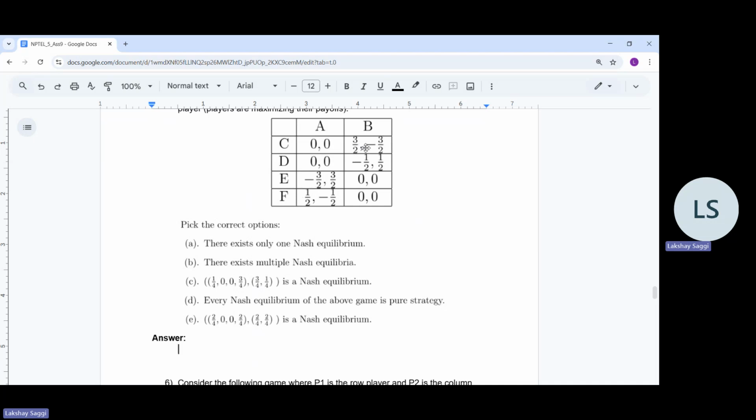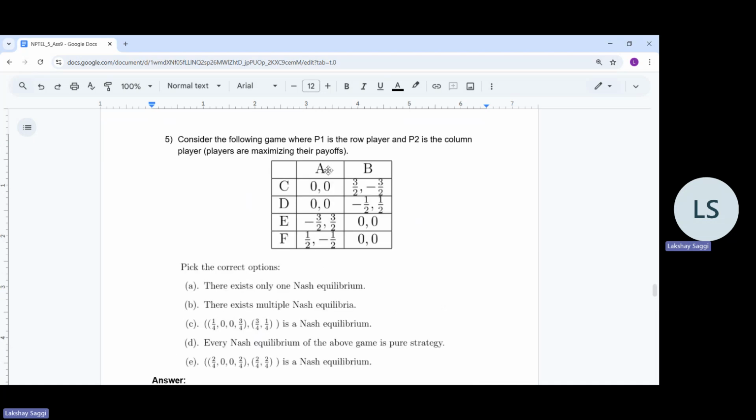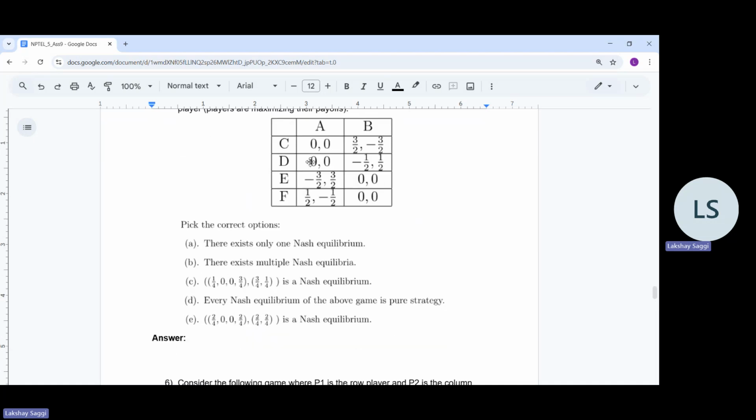Here you can see that the row player has a payoff of 3/2, so he has no incentive to switch as this is the highest in the row. But here the column player has an incentive to switch from -3/2 to 0. So this is also not a Nash equilibria. Similarly, this 0, 0 will also not be a Nash equilibria. This minus half, half will also not be a Nash equilibria because in both of these cases the row player has an incentive to switch. Similarly, in this also, the row player has an incentive to switch,